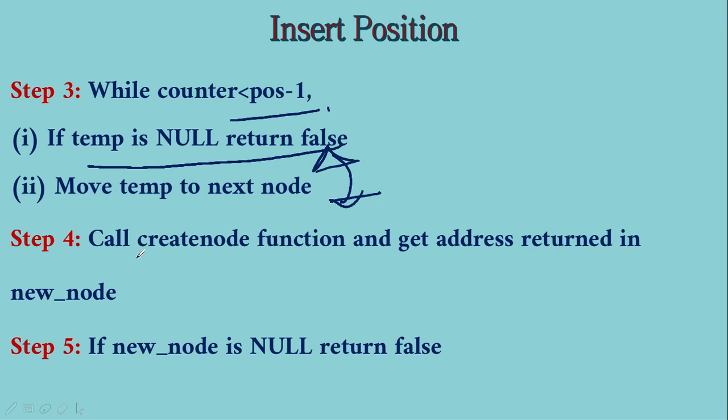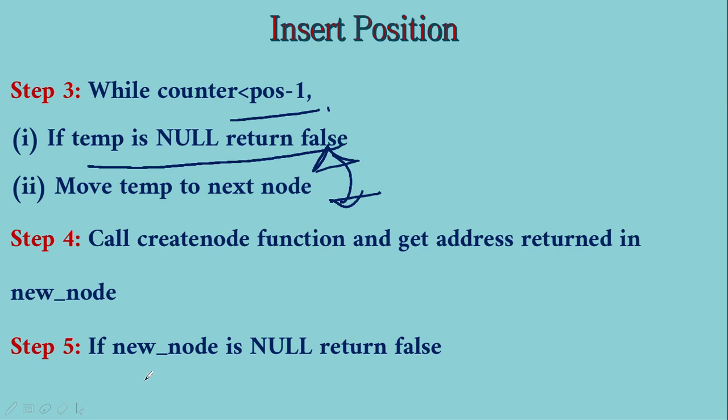And then we are going to call the create node function. If the position is valid, then only we are going to create the node, otherwise in proper means of programming you have to delete the node if the position is not valid, okay. So let us not take the burden. First of all, make sure that your position is valid. In case of invalid position, make your code to return to the place of call so that you are safe, right? Now if you are safe, then you are going to create a new node, place the data in the data part, and after this you are going to proceed.